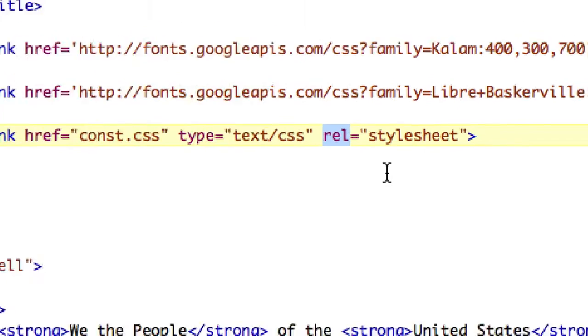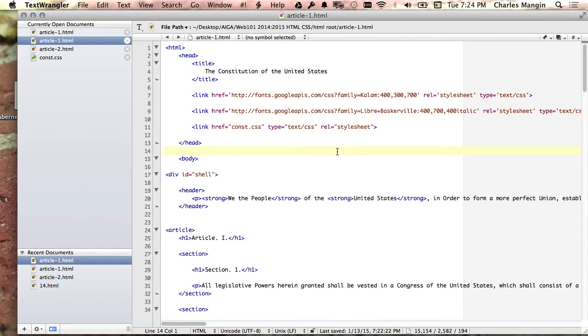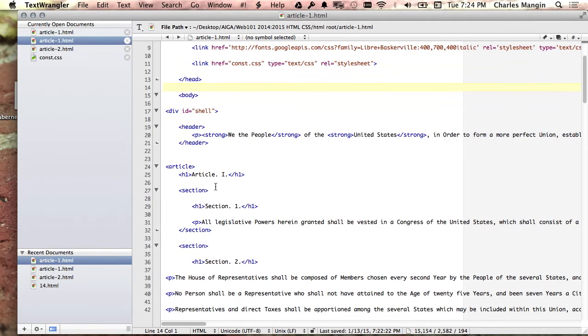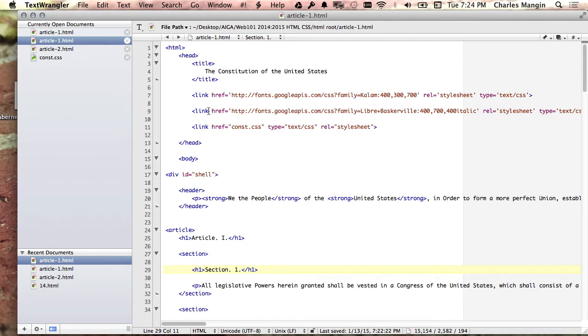So that's why it wasn't working. So we've gone up the chain of command from stuff being attached to a tag to stuff being attached to the document inside its header,